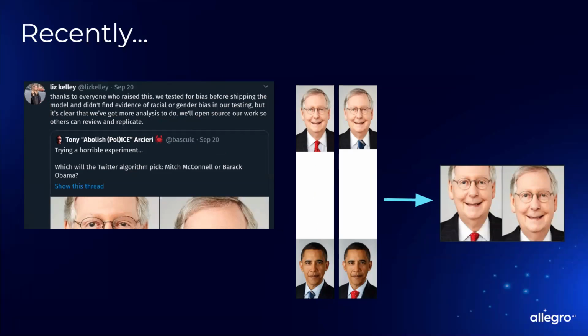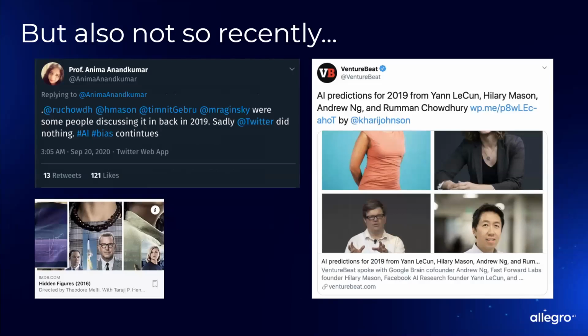But the point is that this is a fiasco, right? But it's not the first time it has been talked about for the same algorithm. Back in 2019, Anima Kumar said that if you have a woman and you're using the algorithm, it doesn't show your face. But let me put a period here, because Twitter are not the only ones that have met with such fiascos on cropping.